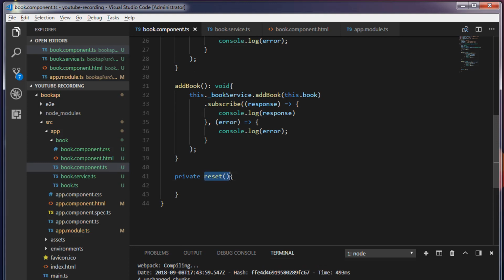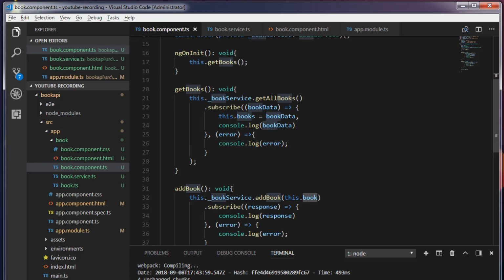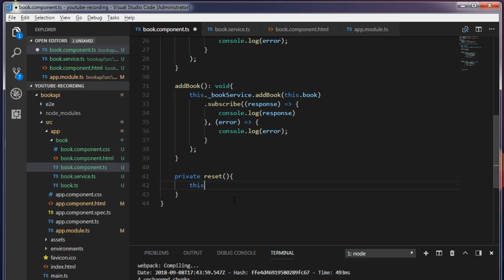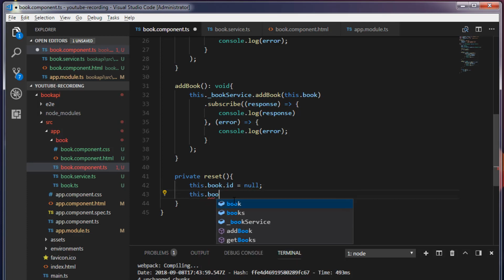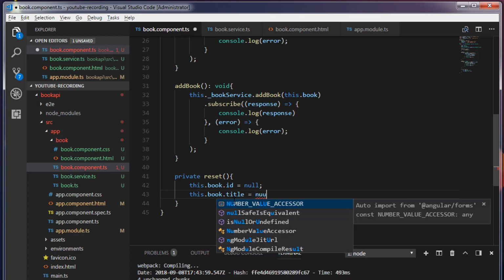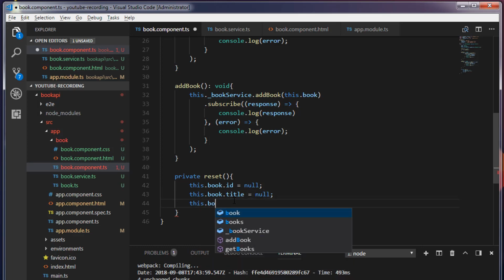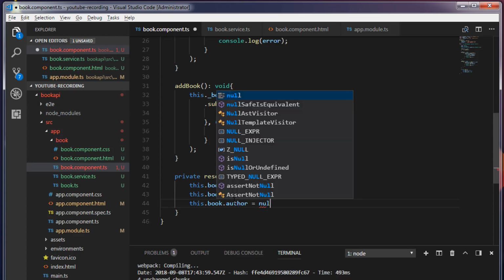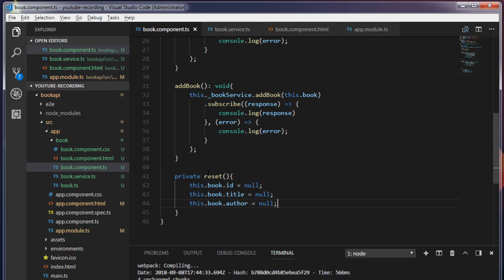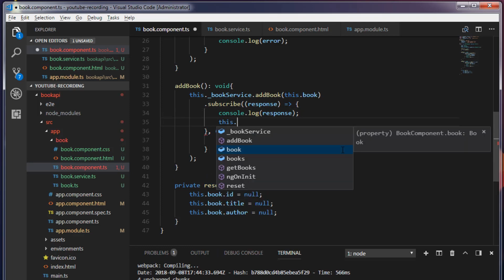Inside this reset method, I will make use of this book variable, this.book.id. I'm going to set null, this.book.title is equal to null, this.book.author is equal to null. Save this, and I'm going to call this reset method inside the add book. Just after the console.log, I'm going to call the reset method